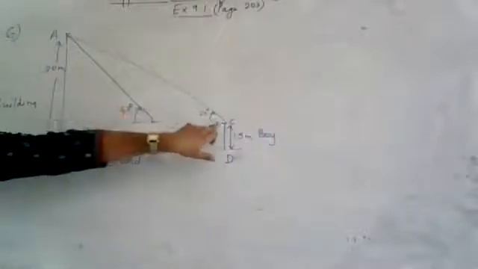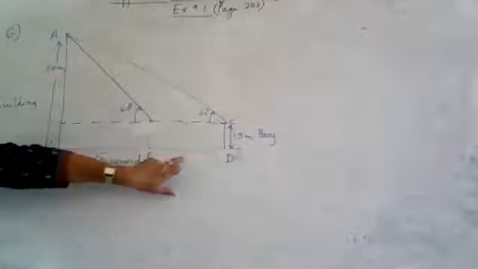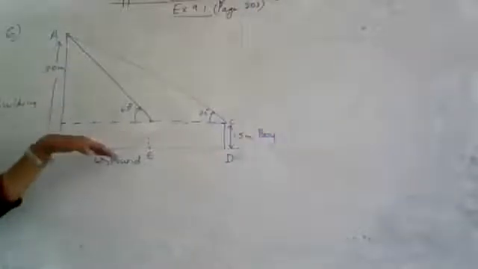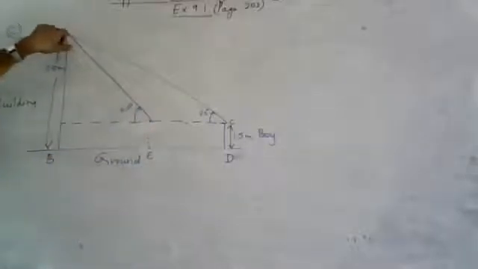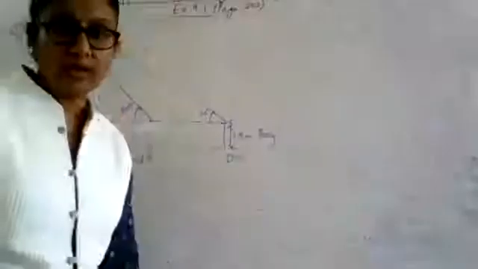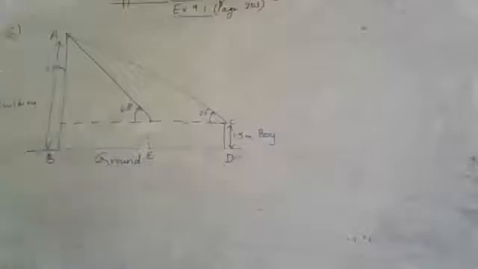How it has become? Previously he was standing at B, now he is moving towards the tower. He is moving closer to the tower, and when he is reaching the new point, now when he looks up to the top of the tower of the building, it is 60 degrees. Alright, so once this has changed from 30 to 60, he has moved some distance, which is not known to me. Is it given? The angle of elevation from his eyes to the building increases from 30 degrees to 60 degrees when he moves towards the building. Find the distance he walked towards the building.